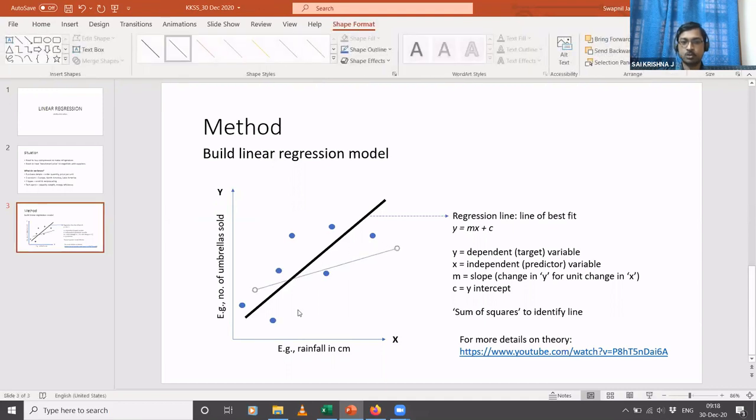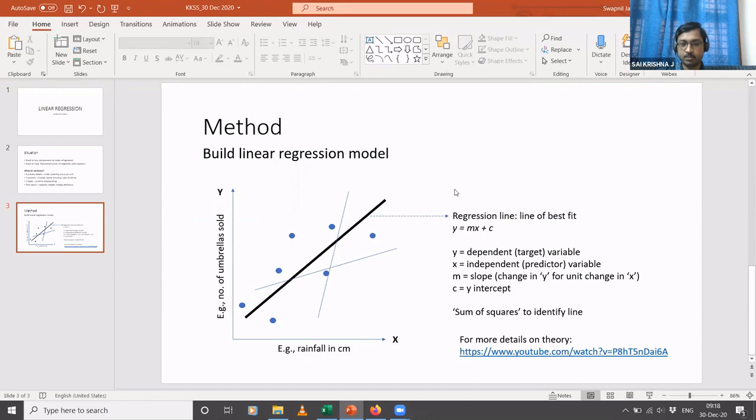So this could be one possible line, and this could be one possible line. So like this, there could be many other lines possible, but we choose only that line which we call the line of best fit, which is, let's say, this line that I have in black and which is a bit bold here. So let us assume that this is the line of best fit. Okay, so how do we get to that line?